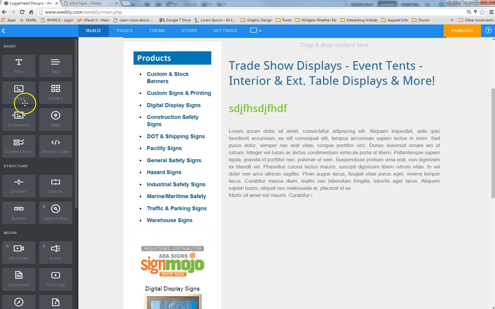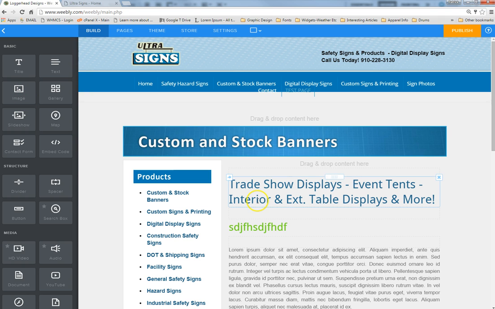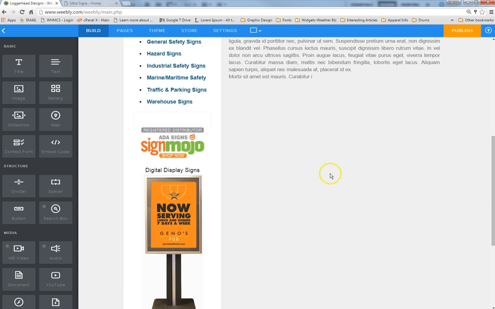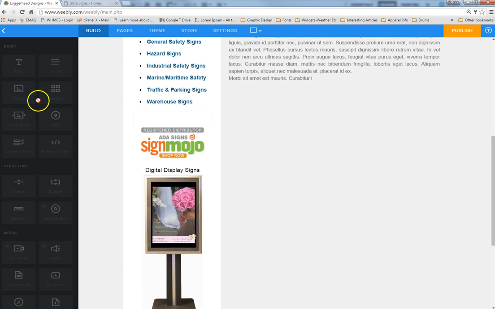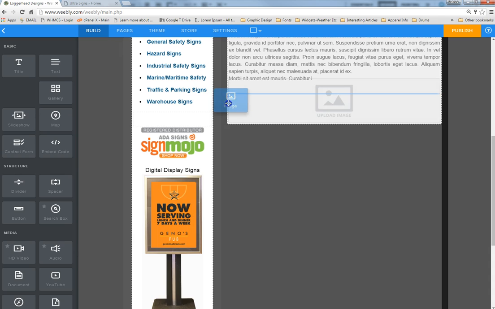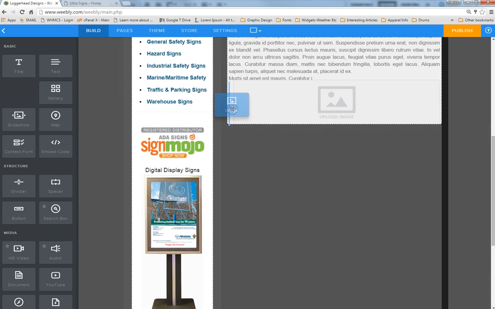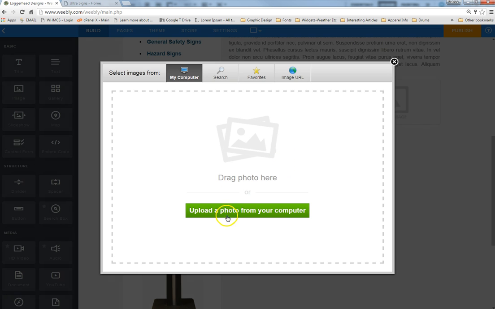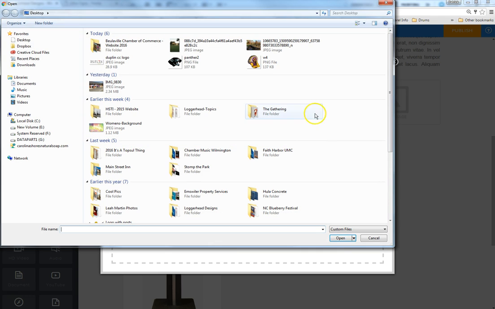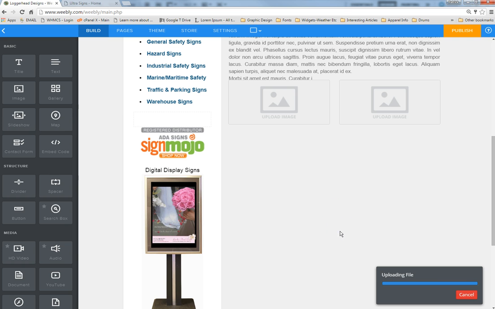Alright. So I noticed that on one of your custom pages that you made, you had put in photographs. Now, you can either come over here and select image, and you can dump in individual element blocks and put them side by side or on top of each other. You can do it that way if you want to. And you already know how to upload an image by just simply clicking on Upload Image, upload a photo from your computer, and then you can select, we'll select this Indian image, and it's going to automatically upload that image